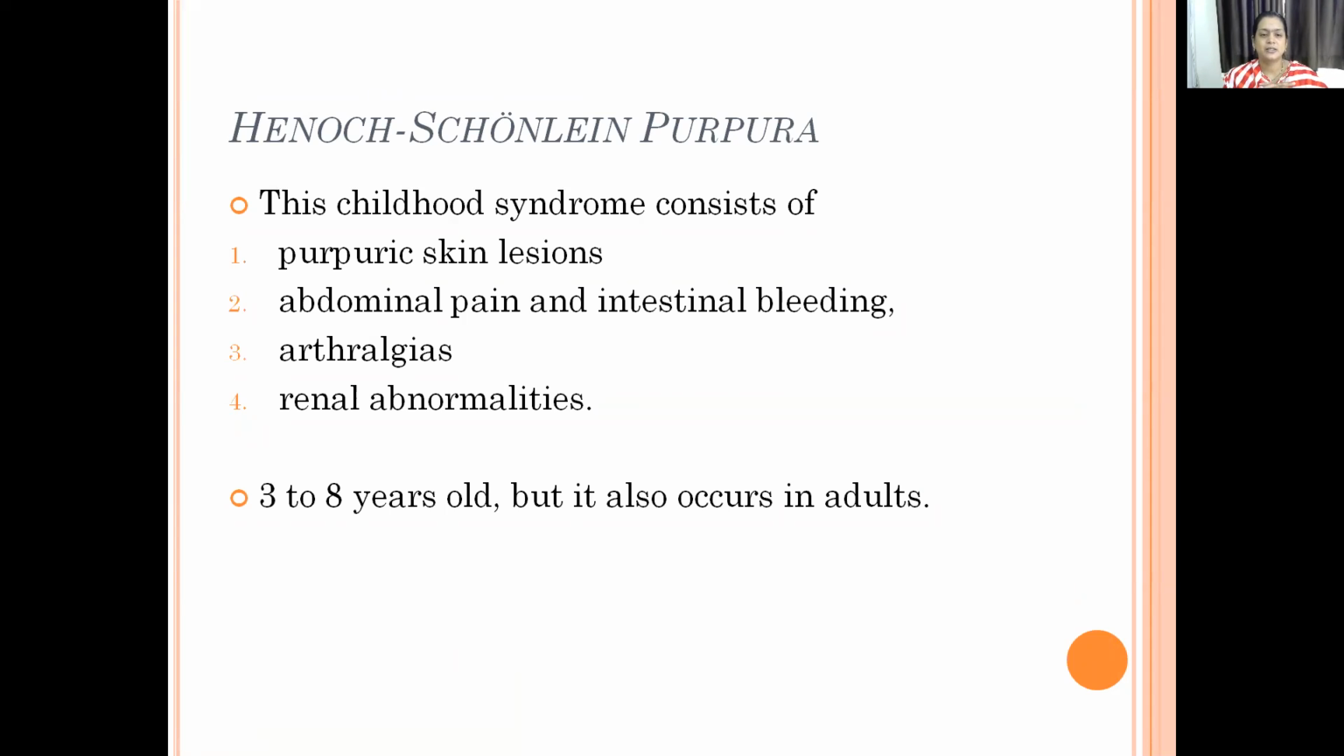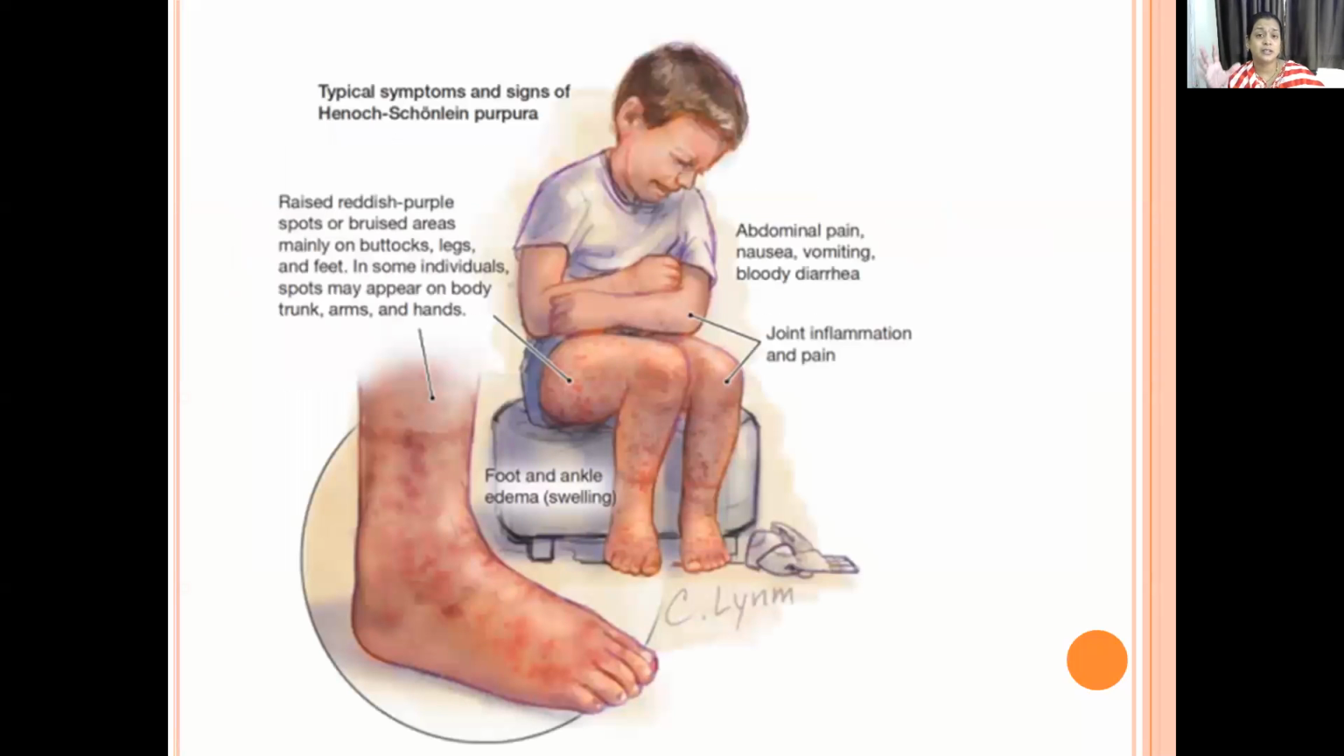Henoch-Schönlein purpura consists of purpuric skin lesions, abdominal pain, intestinal bleeding, arthralgia, and renal abnormalities, usually seen in 3 to 8 year olds. I've told you this is a result of IgA nephropathy. Okay. In addition to IgA nephropathy, there is an additional what? Vasculitis. So the typical symptoms involve the extensor surfaces, usually having raised reddish-purple spots or bruised areas like this. The joint inflammation and pain, abdominal pain, nausea, vomiting, bloody diarrhea, foot and ankle swelling as a result of